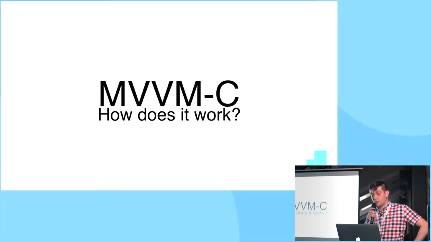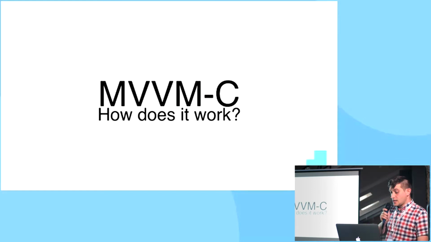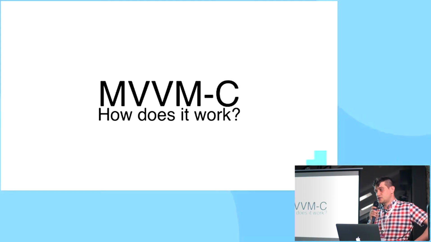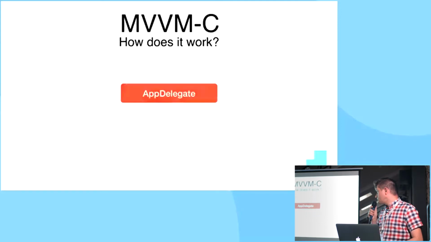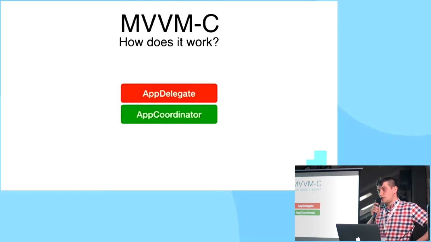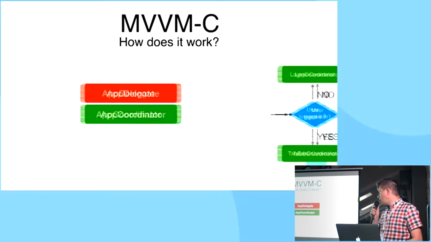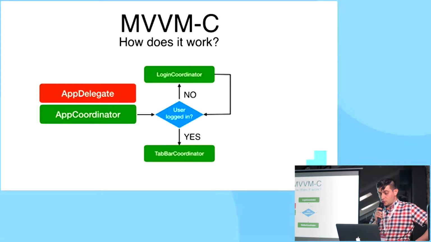Now I would like to show you how we can build this tree hierarchy example application. Let's say we have a simple application where the user first has to log into the application to see the content. In app delegate, we need to create the app coordinator, which is the topmost coordinator in this tree hierarchy. On the next level, the app coordinator can use one of two coordinators, login coordinator or tab bar coordinator, and he will